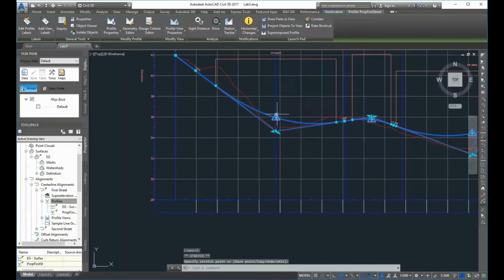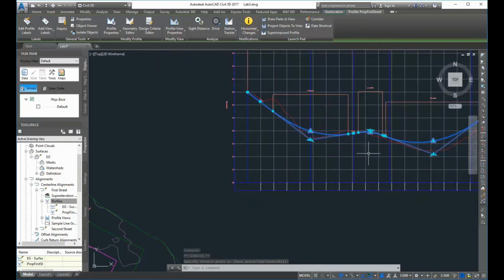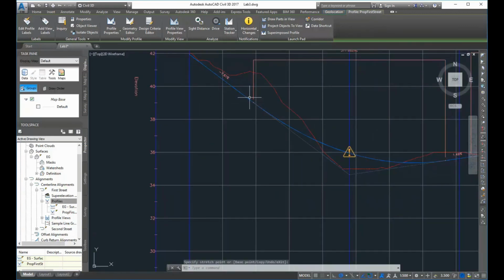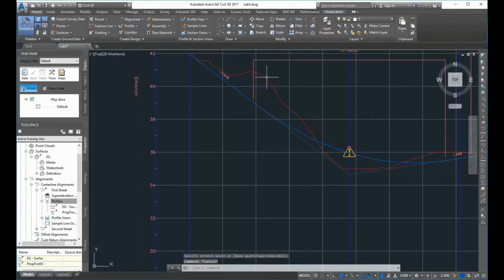So I can bring that up, and you can make changes, because if you visualize what's happening here, this blue line is our proposed and this red line is our existing. So it means to build this road we're going to have to cut into the hillside, or cut into this mound that we have, by a pretty significant vertical difference. These are in meters, right? And so this is from about